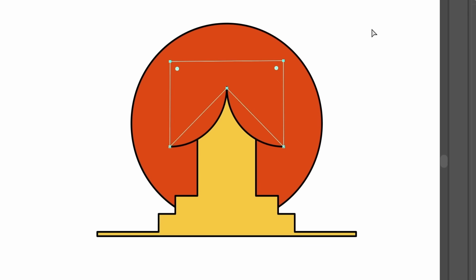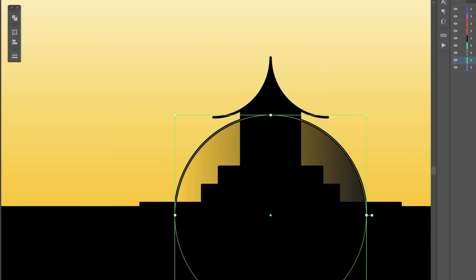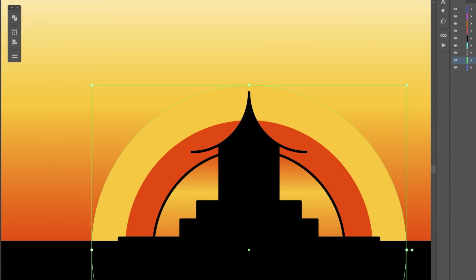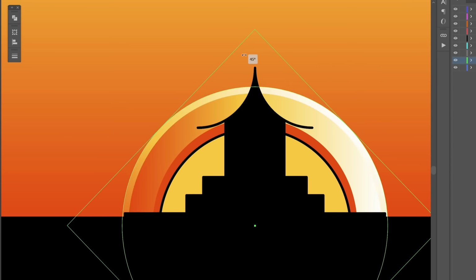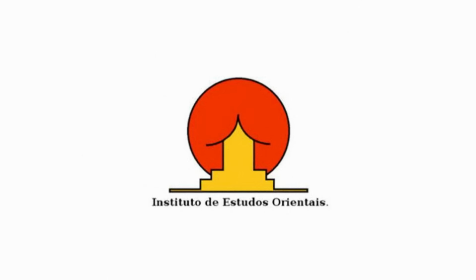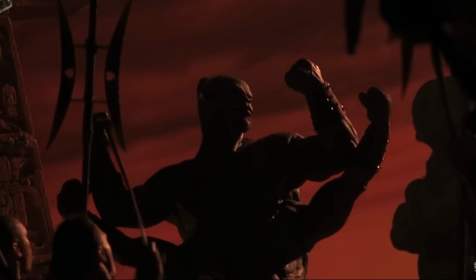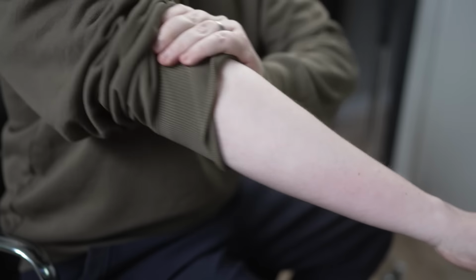The first step was to recreate the logo in Illustrator from this low-resolution file. I experimented with some designs using the existing color palette for gradients in the sky. I want to make it look beautiful, epic, serene, and then resolve to the original logo. But I had to stop when it started to look a bit too much like the Mortal Kombat logo. I've heard of training forearms, but this is ridiculous. Then I got to animating in After Effects.